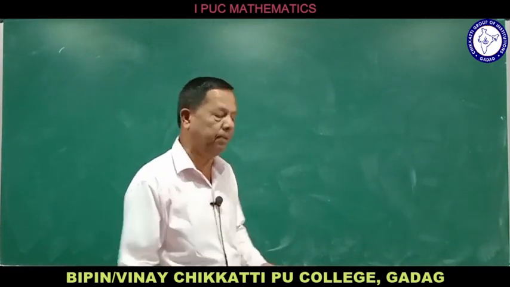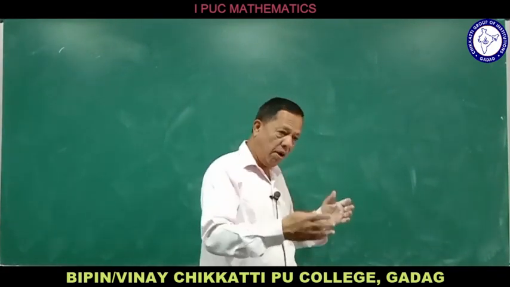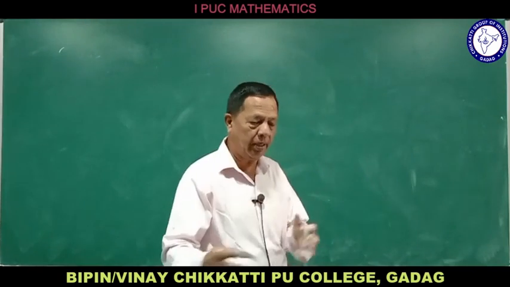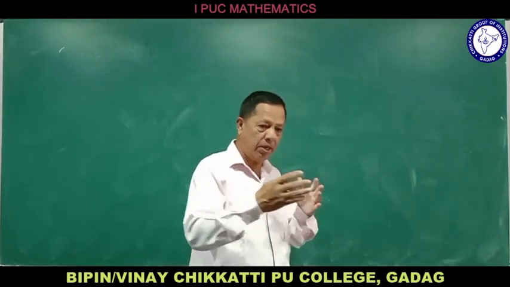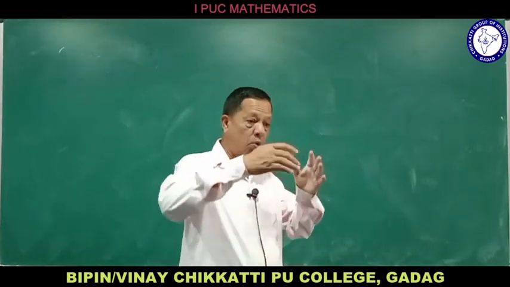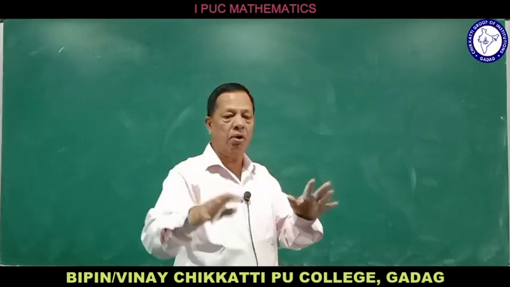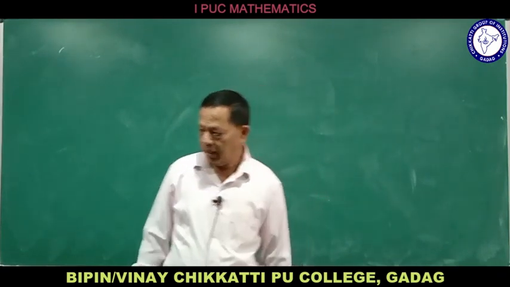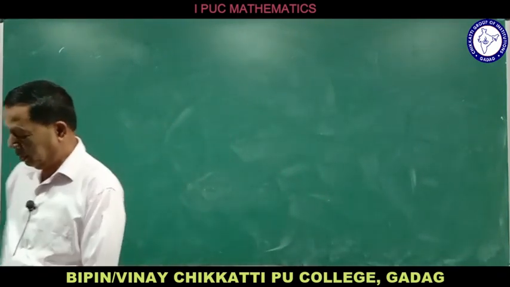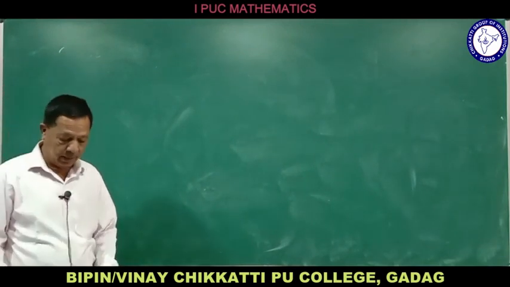So from now onwards, a relation is nothing but a subset. The set of all first elements of the ordered pairs is called the domain. The set of all second elements is called the range. And the whole set B is called the codomain. And finally, as I already told you, the relation can be